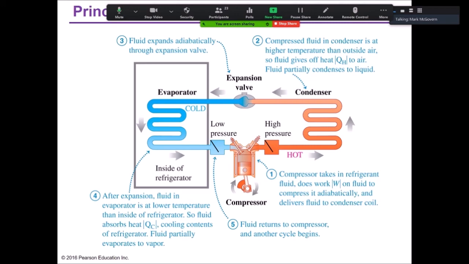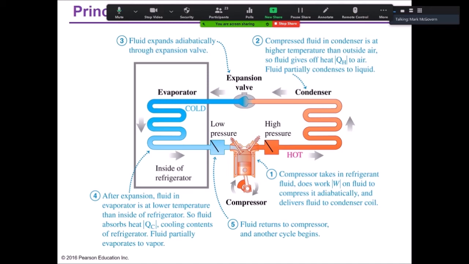Okay, so we're compressing that fluid, the temperature goes up, and then usually on the back of your fridge, or sometimes on the bottom, usually on mine it's the bottom, because all this hot air comes out the bottom, you have the hotter gas now in contact. That gives off a bunch of heat, so that's your QH there. And then it goes back into the expansion valve, where it's expanded again, it drops in temperature dramatically, heat's extracted out, and this process happens over and over again.